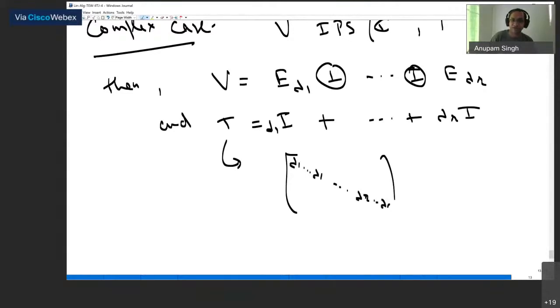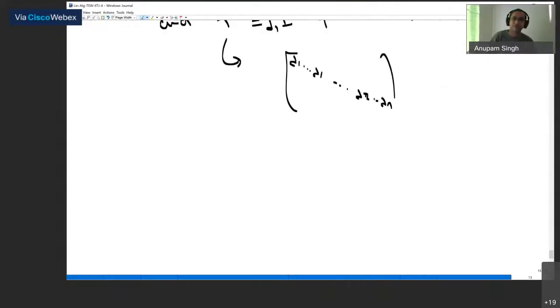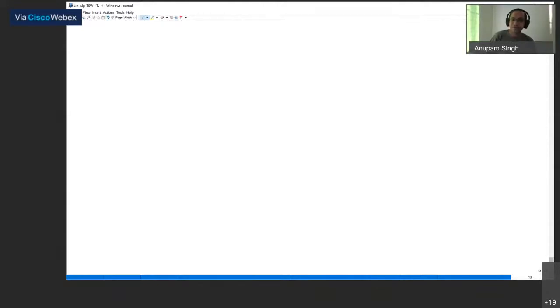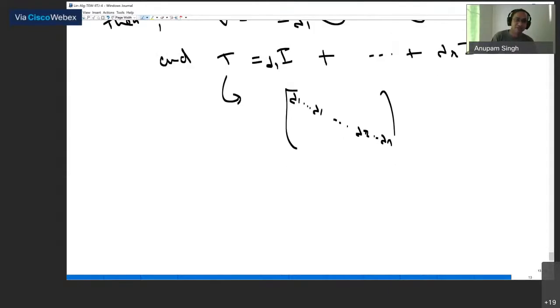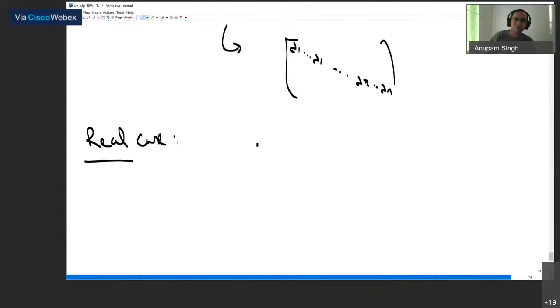Means it actually looks like a diagonal. Okay. In the real case, it's a little more than that. So I have V, an inner product space over R, and again T is normal,